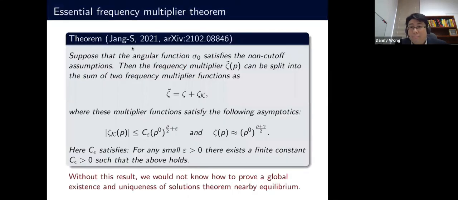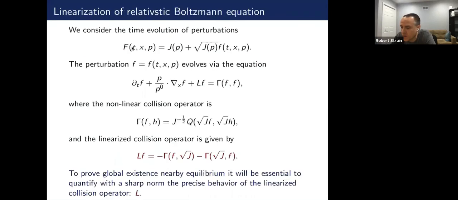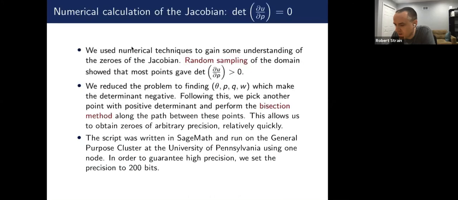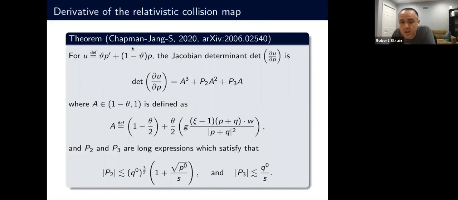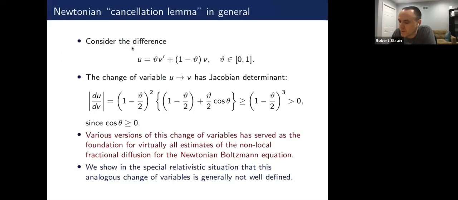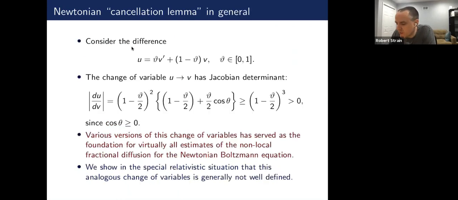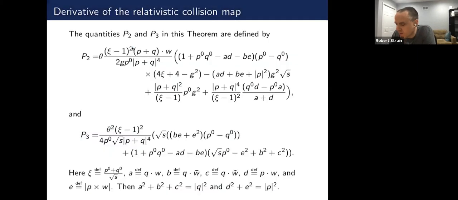Yes. I wish I had an answer for that. I could also ask the question, what's the physical reason why the change of variable is well defined in the Newtonian case? And you could say, well, because it's very natural. But I could say, well, what does that mean, natural? It feels like it should be true. This feels like something that should be true. But I don't know what that means physically. In the relativistic case, one thing that I can say is that